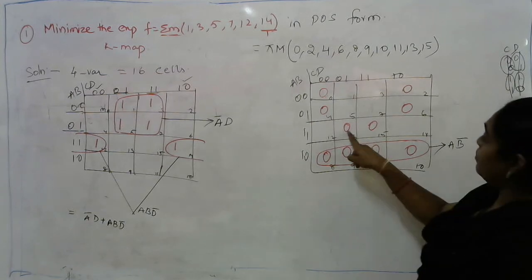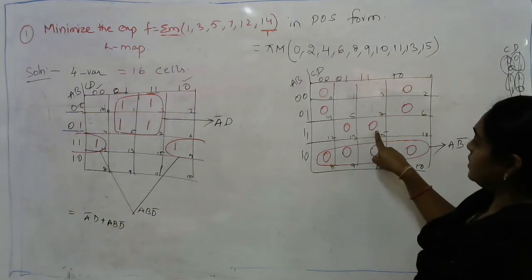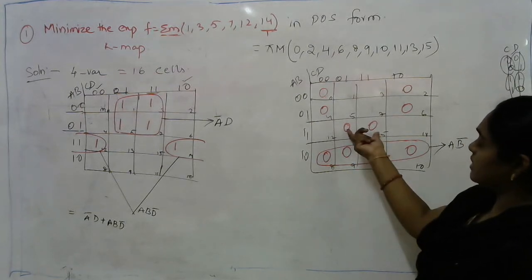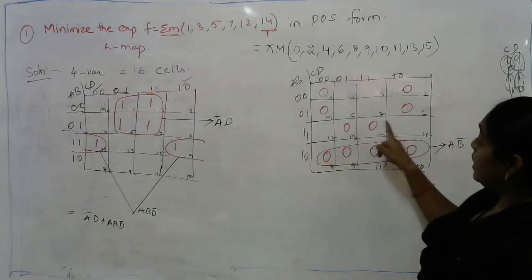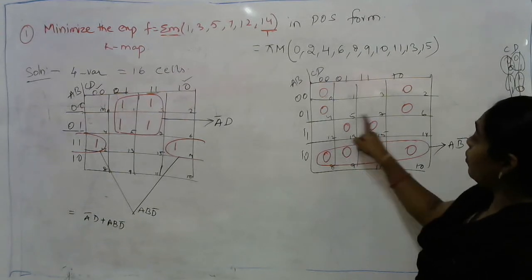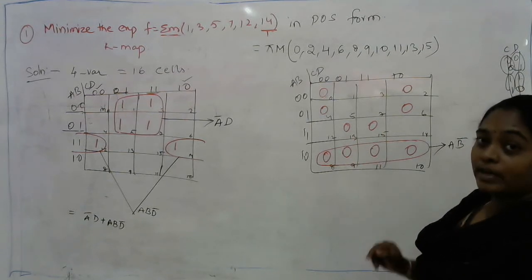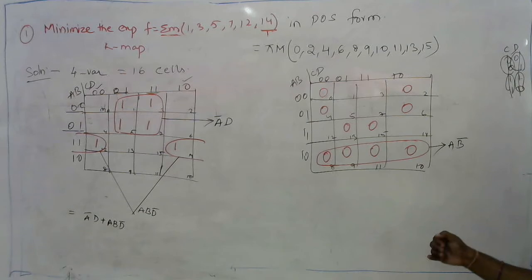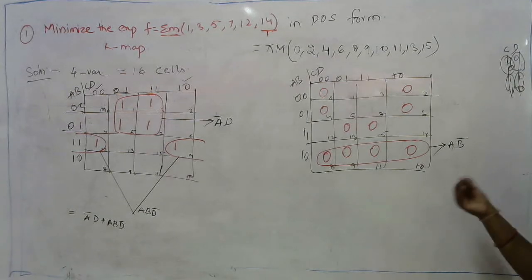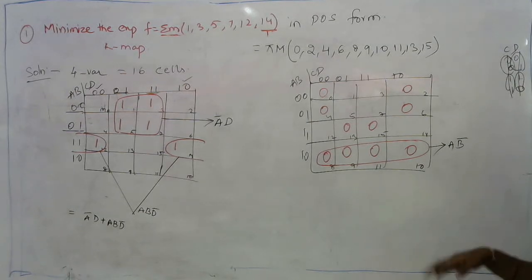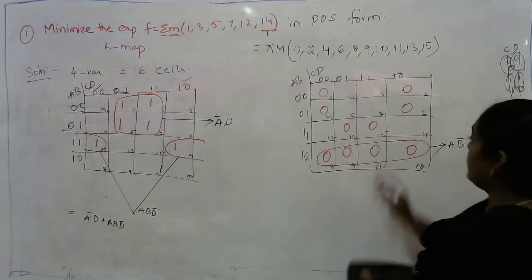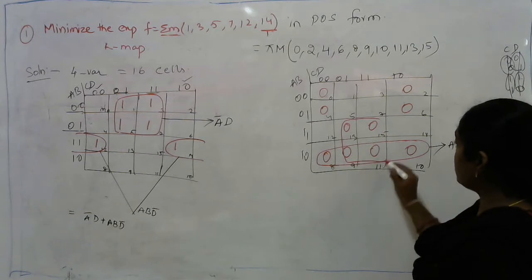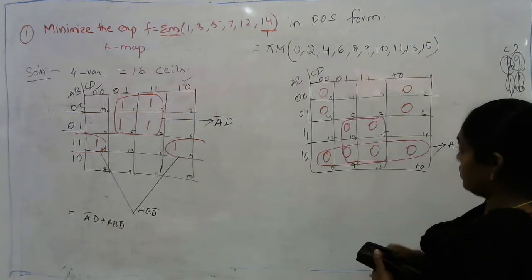Similarly, instead of performing these two as an adjacency, I'd be getting three variables. But if I perform these four as one quad, I'll be getting two variables. So two variables are minimum when compared to three variables. As we are doing this complete process to minimize the number of variables as much as possible, that is the reason I'm combining these four cells.